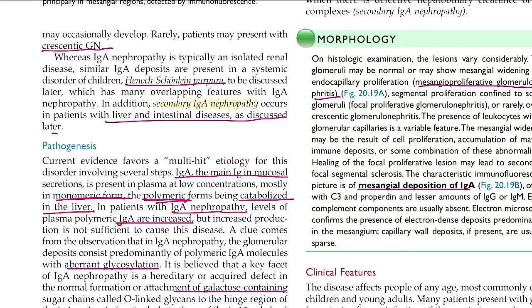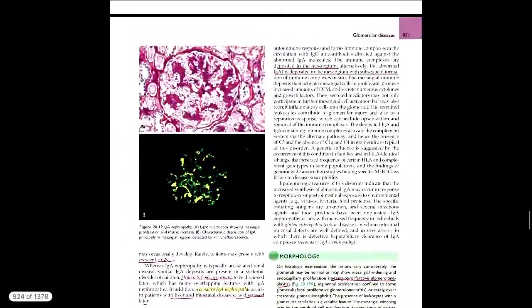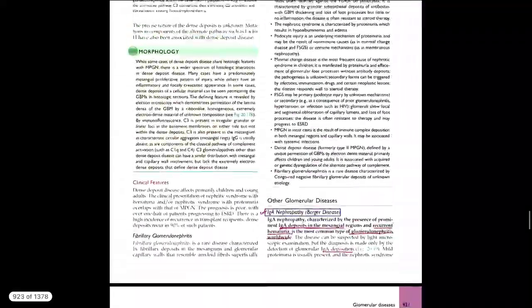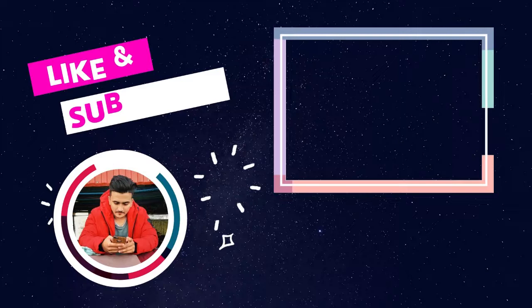But in IgA nephropathy the polymeric form will be increased. Yes, this was a brief discussion about Berger's disease or IgA nephropathy. So with it, I'd like to end the discussion right here. Thank you and have